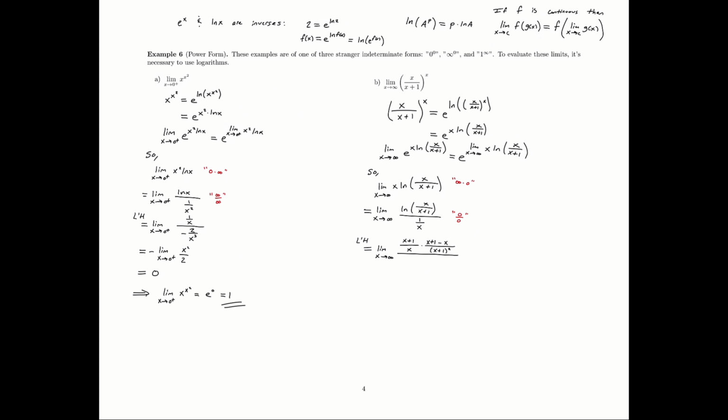All over the derivative of the bottom, which is negative 1 over x squared. Now this looks absolutely terrible, but we can clean some things up a little bit. Notice these x's cancel, and one of these factors cancel, so we just have an exponent of 1. So the top really is 1 over x times x plus 1,